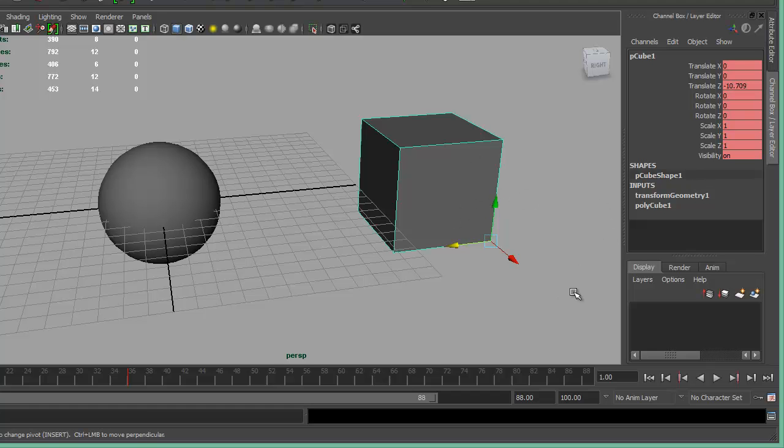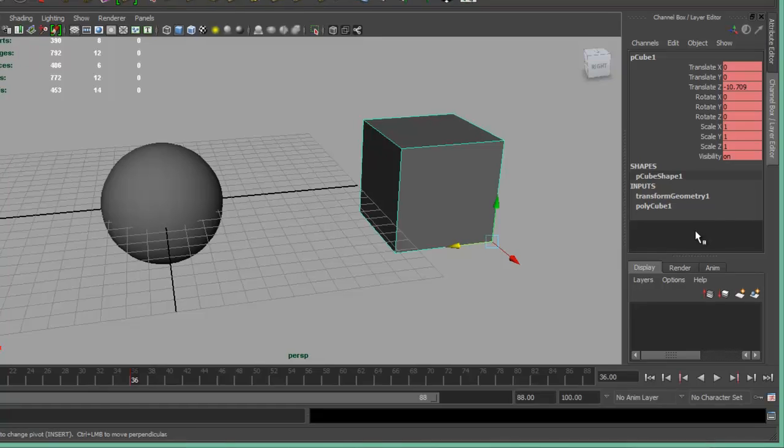at -10 on the translate Z, guess what you have to do at frame 36? You've got to do the same thing again. So with my cube selected, a shortcut is to middle mouse click at frame 36. See how the cube didn't move? So basically it's saying, oh, at frame 36 you want to use the same values, and I don't want to